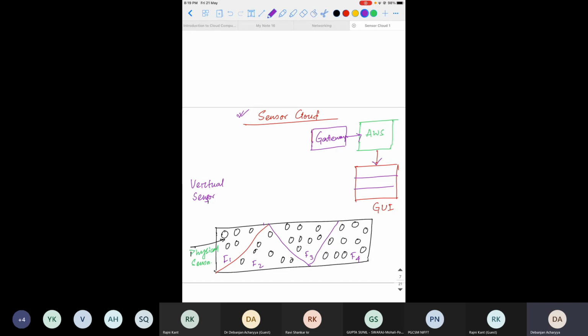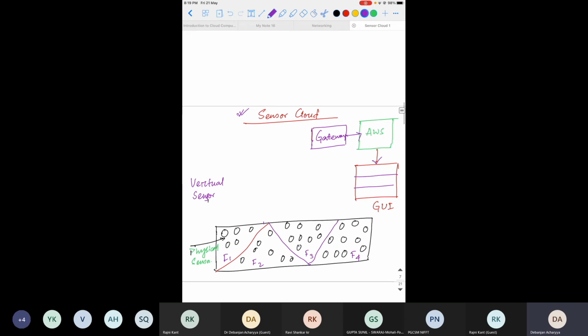So what is the virtual sensor? A virtual sensor is a kind of concept that gives you the decision. How? For example, this is virtual sensor 1, virtual sensor 2, virtual sensor 3.